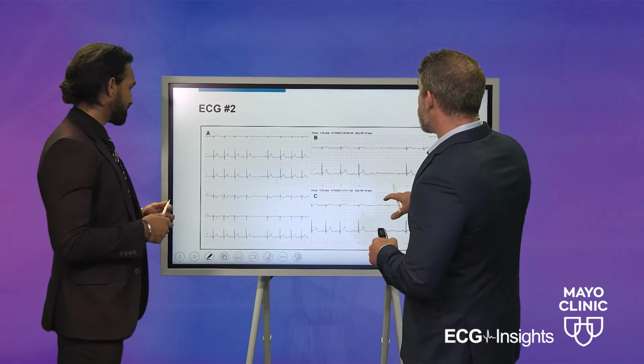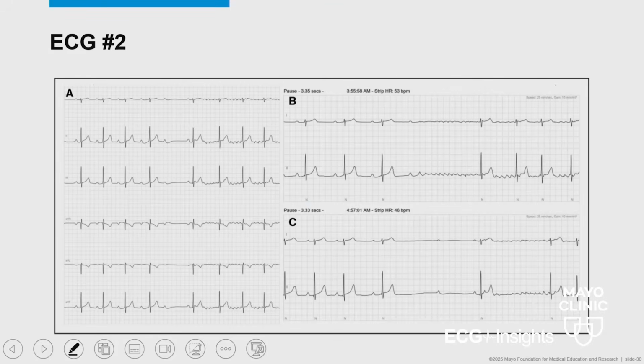So we have 3 different tracings here. Once again, this is based off of one of our reports. We have what appears to be that Wenckebach pattern in our first example here. We also once again have a Wenckebach pattern here in B. It results in a pause, a 3.3 second pause, but we have something that looks like AFib, potentially atrial flutter. And then the same thing here in A, B, and C. So let's start with A and talk about why this ECG example for Wenckebach is not your textbook example.